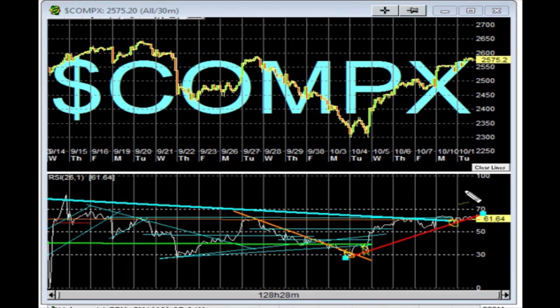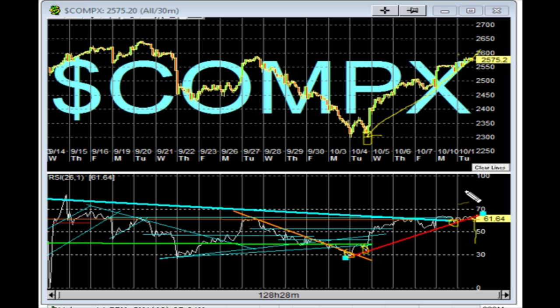this area, and I'm starting to see that it's starting to move just a little bit below the red line. Once it moves below the red line, that tells me this is the primary line. Why is it primary? Obviously because it is connecting to a 52-week low. So any break of this red line on the RSI, which is what I'm thinking is happening now, we're going to see the market drop, and at least I think it's going to give back most of this gain